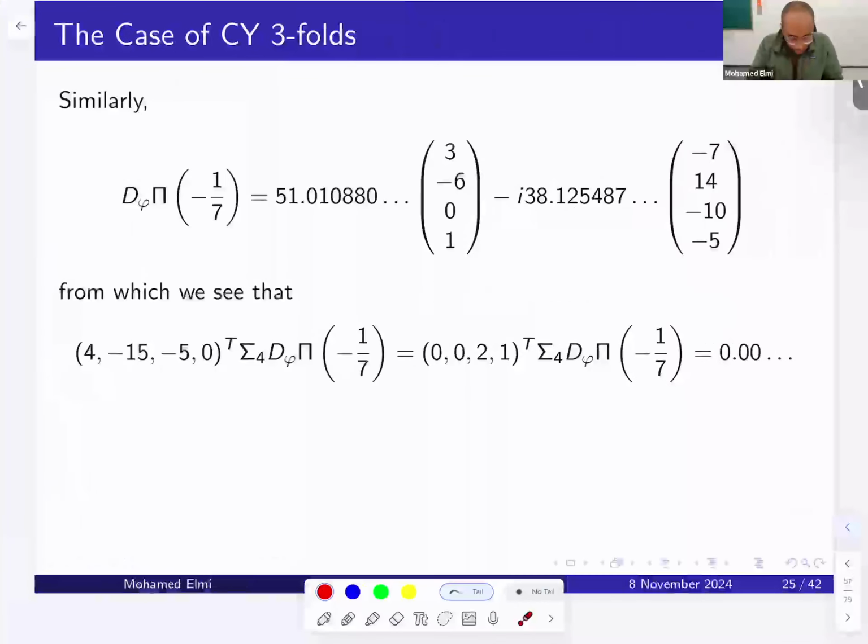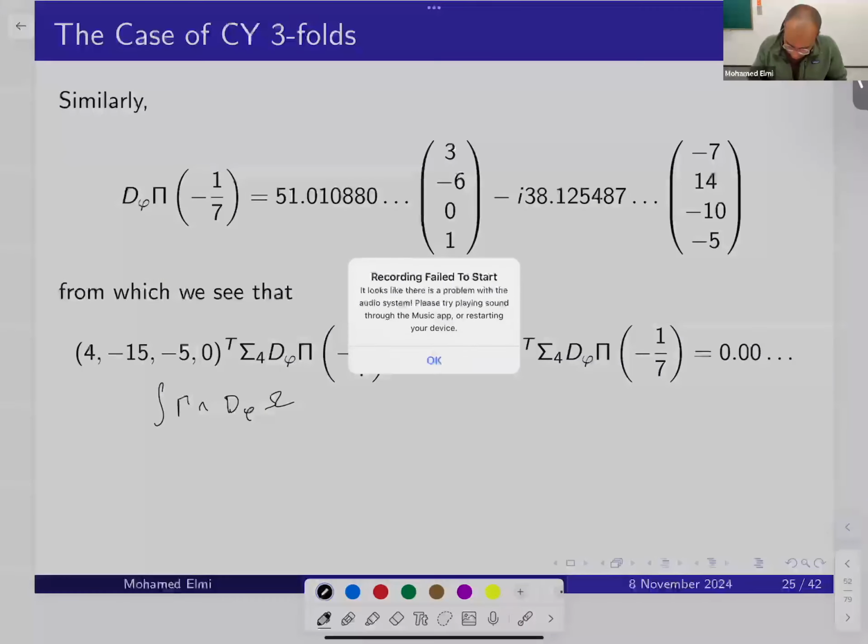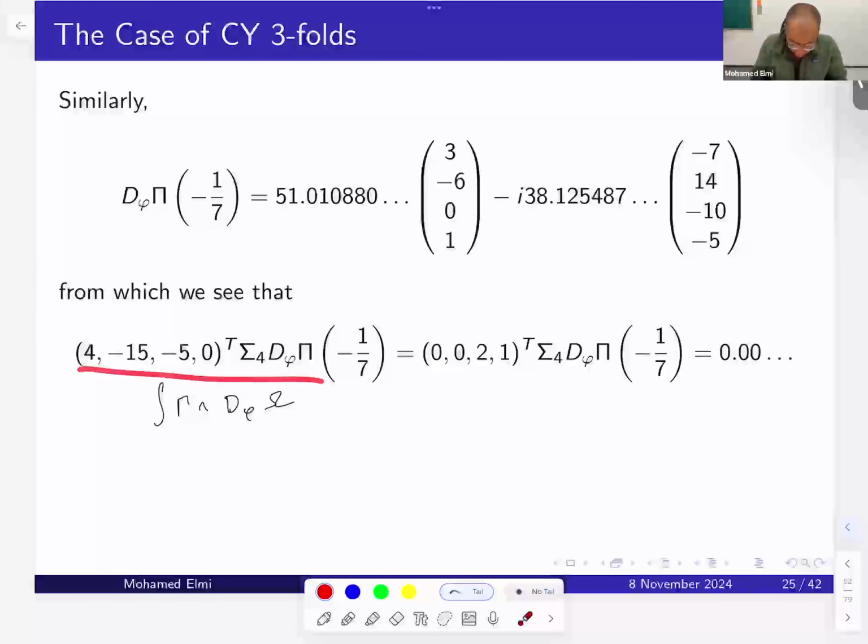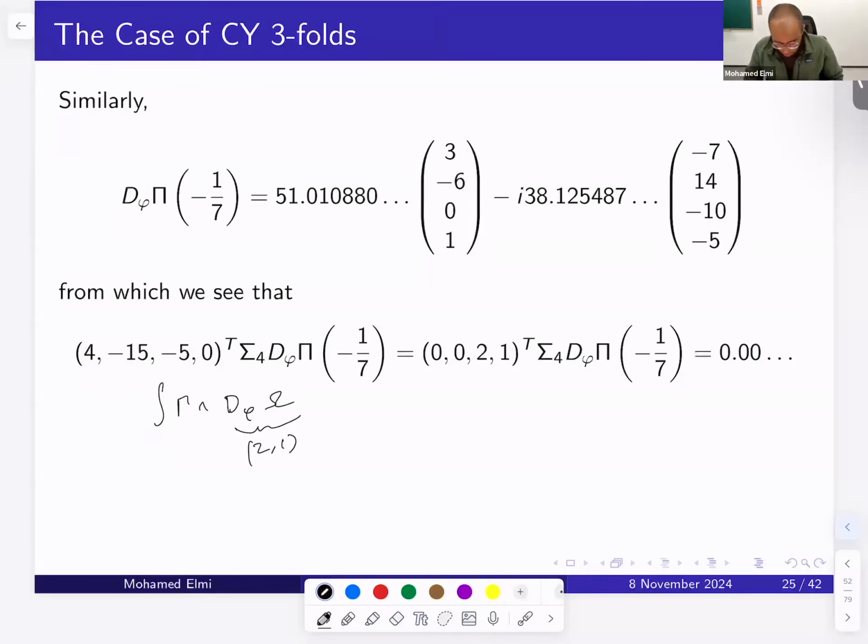And you can play around with the covariant derivative and do something very similar. You find some classes, when gamma wedge phi, omega, like this expression, you should think of as this integral, and they're equal. And remember, we said this has Hodge numbers 2, 1. So you argue as before